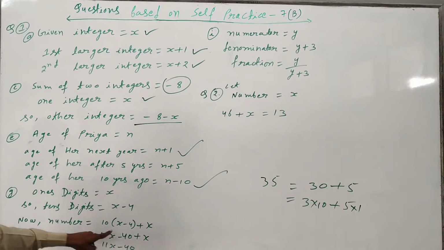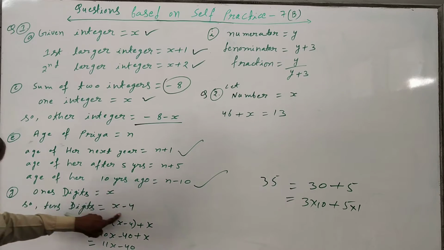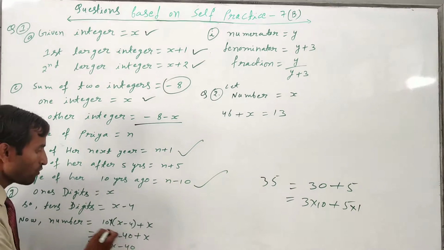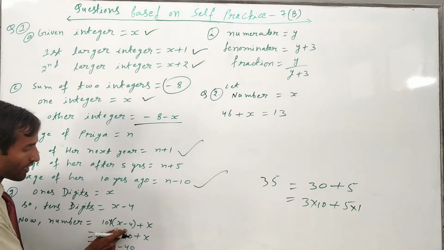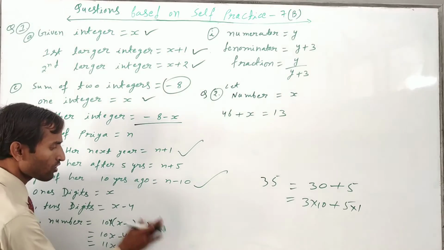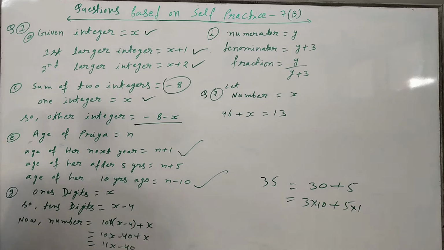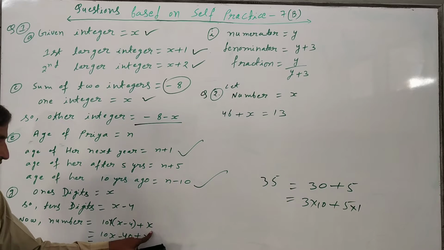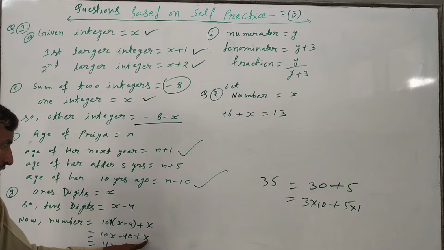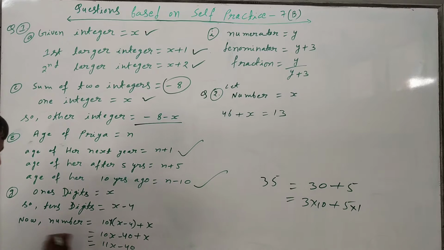Next, here also this is the 10's place, that's why I have multiplied by 10. Here there is a binomial, that's why I put a small bracket. For the ones digit, there is no need to multiply; either you write it or not. So x into 1, x will come, so I have directly written x. Now this 10 will multiply both terms: 10x minus 4 tens are 40. Then we add both, 10x plus x is 11x minus 40. So the number is equal to 11x minus 40.